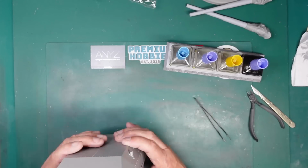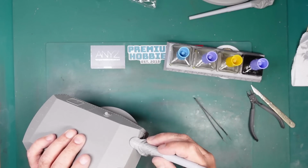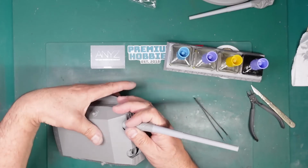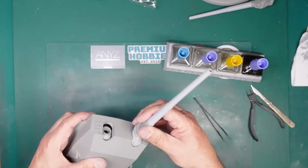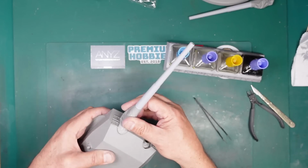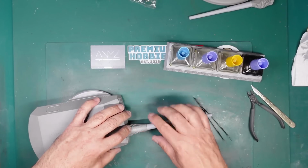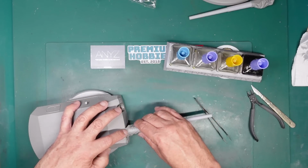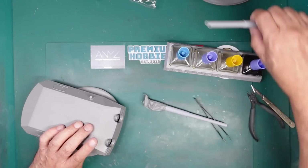There we go. And then we can take about, these are handed, so you can see that one is that side. So yeah, just like Yamato, I think they are a pain in the arse. I think they're getting in the way. It's because I've got the wrong side, that's why. No, I've got the right side. No, I didn't, I got the wrong side. So yeah, basically we can leave them. It's going to make everything a bit stronger. That's a good thing. And then what we can do once it's all glued up, we can get up afterwards and put some glue in those pivots. So if I